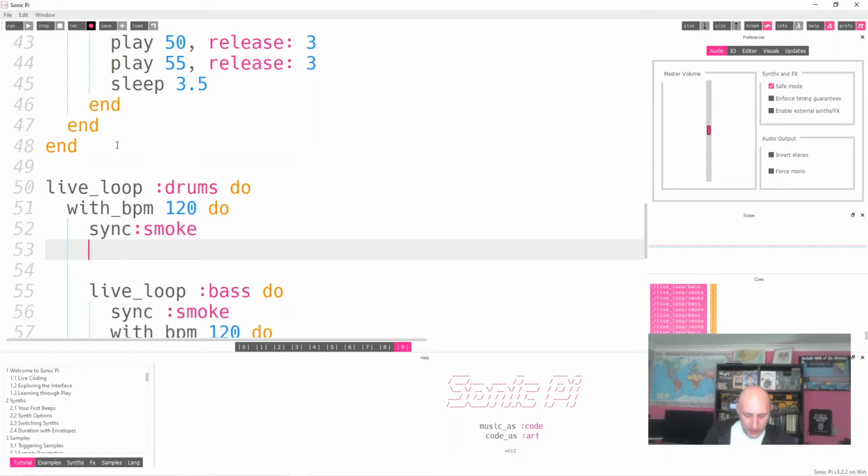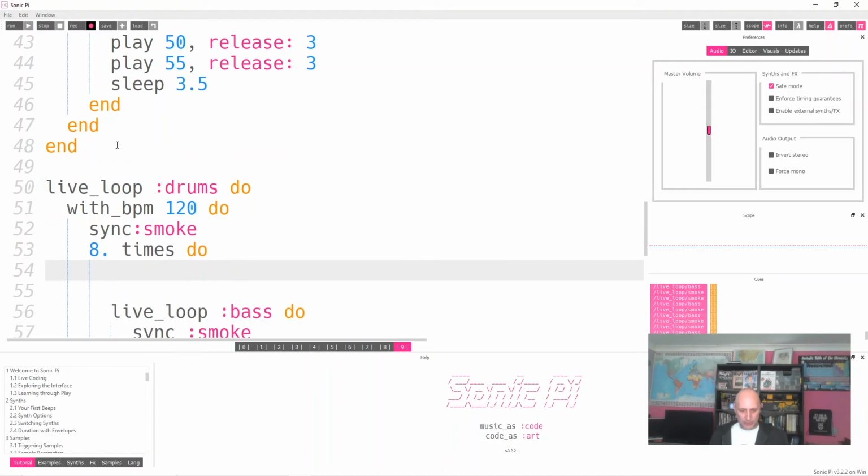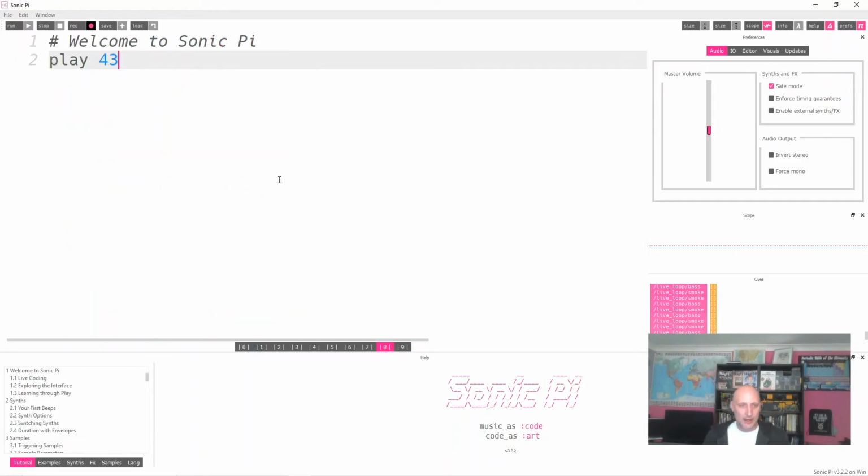And then I'm going to have quite a rapid loop running here. So I'm going to go 8.times do, and then I'm going to play what's called a sample. Let me just describe to you what a sample does really quickly. There are some pre-recorded sounds that exist within Sonic Pi, and they're called samples. I can say sample, and then there's, again, just like with the effects, lots of different samples here that you can choose. So I'm going to choose drum_cymbal_closed, okay,